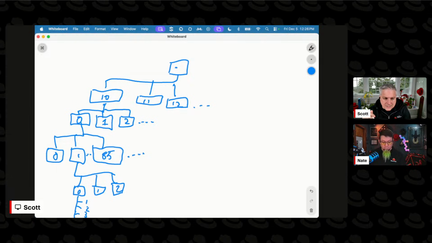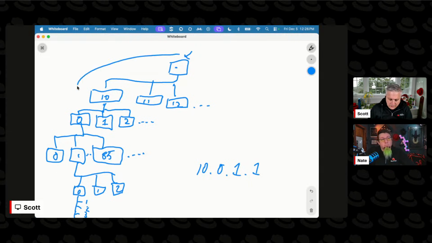All right. So essentially the same tree gets set up for your IP addresses, right? Where you need to look up a record for, maybe it's this host. And so you don't know who that record belongs to or the host name for that person belongs to. So you go up here to the roots of the internet, who then goes to the DNS server that serves the 10 dot addressing scheme, who then finds the one that's doing the 0 dot address subnet and the 0 underneath that. And then, I'm sorry, the 1 underneath that.